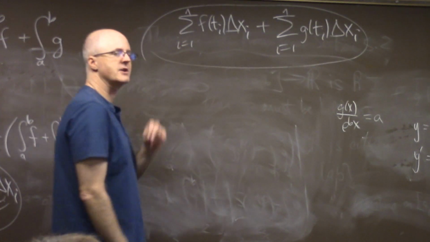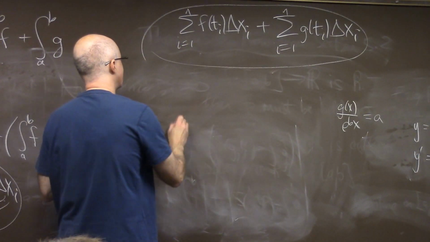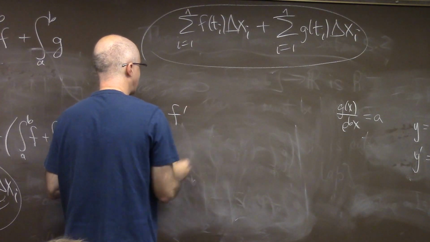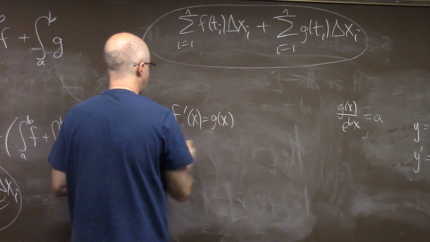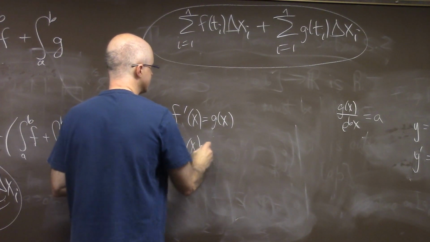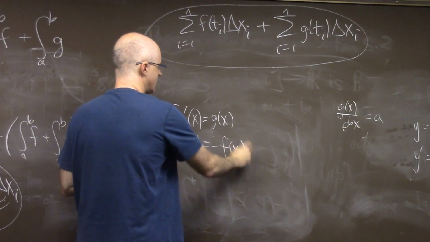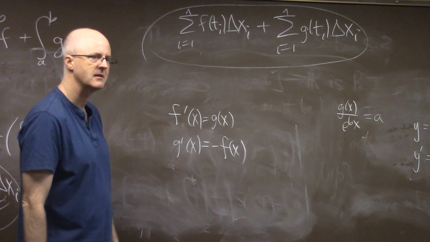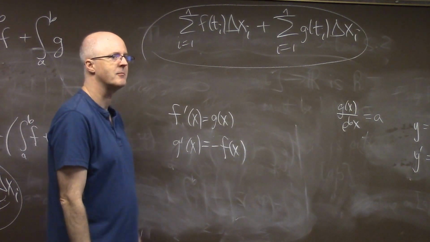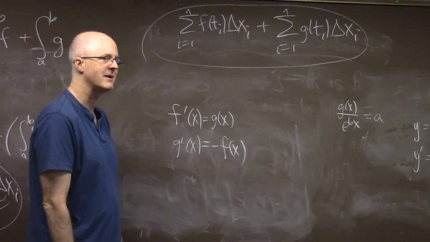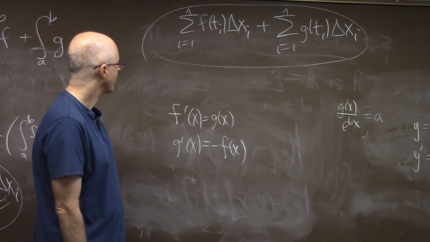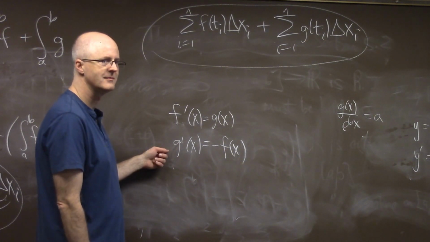Assuming you got two functions, f and g, that satisfy the conditions that f prime equals g and g prime equals negative f. We didn't go over a problem like this in class, but I'm kind of going over one now. This is the kind of problem I've given before. Assume this is true for all x,